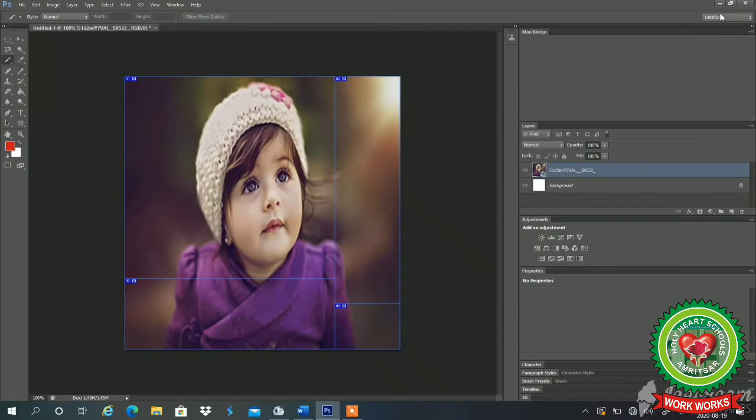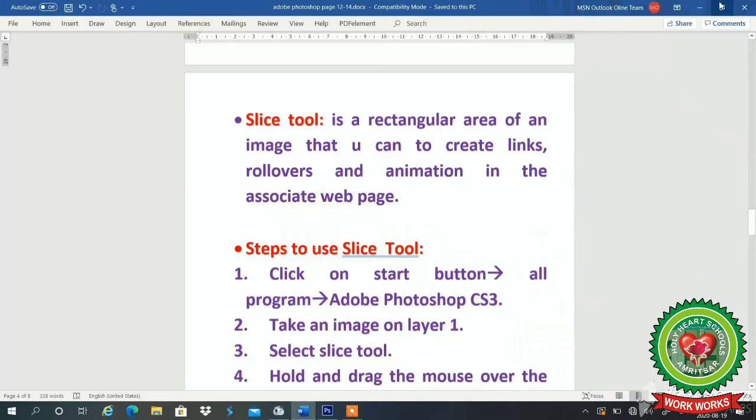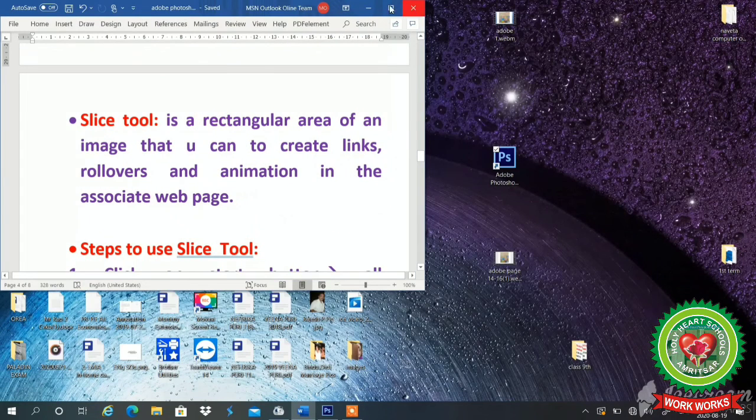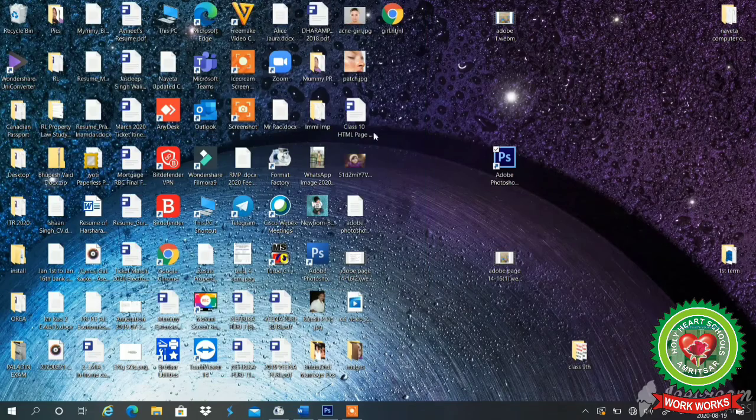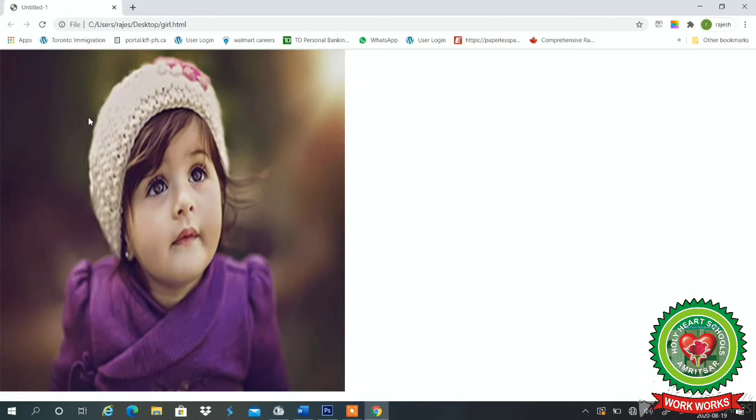Now when I minimize it and see on the desktop, one image folder is there and one web browser file is there. When I click on this web browser file of Chrome, see, the image is coming.